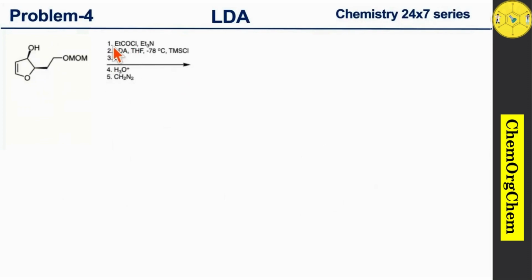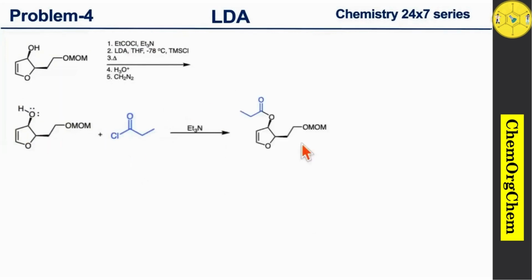So first, you see the first reaction condition: reaction with propionyl chloride in the presence of triethylamine. Our compound has a hydroxy group, which readily reacts with propionyl chloride in the presence of triethylamine to yield the corresponding ester product. The next step is the reaction with LDA. We already discussed LDA in our channel. This one is a strong, non-nucleophilic, sterically hindered base